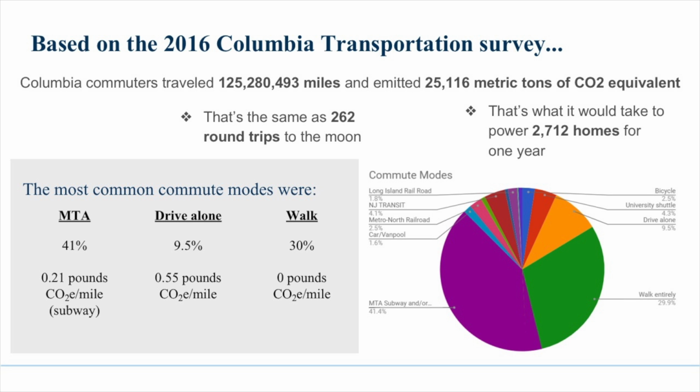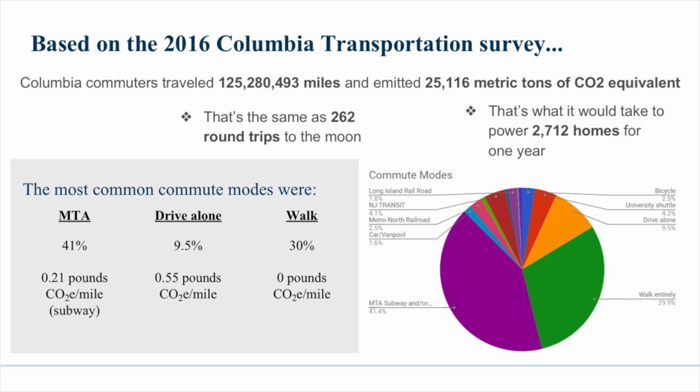Basically just putting into context both the miles driven by the Columbia community and the CO2 equivalent. The same amount of CO2 would be emitted by over 2,000 homes, their energy use for a year. As we talked about, the most common commute modes, and then of course the differences in efficiency between those, with the subway being at least half as efficient as driving alone, and walking, of course, being the most carbon efficient